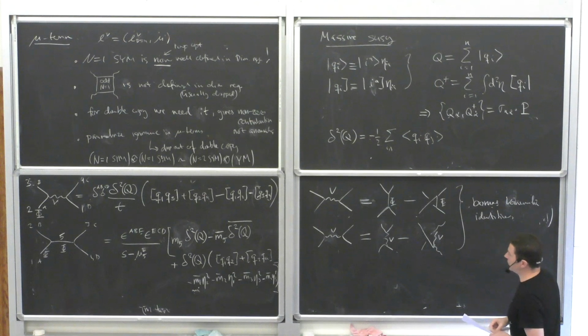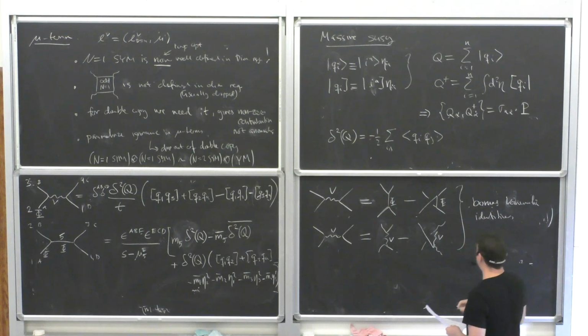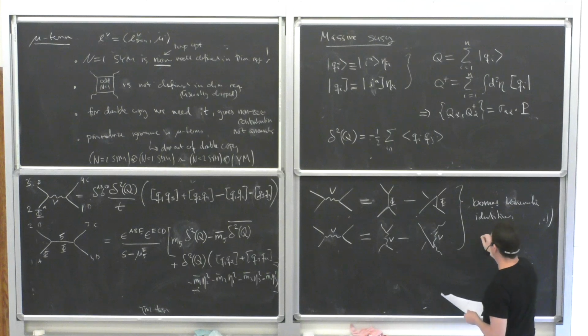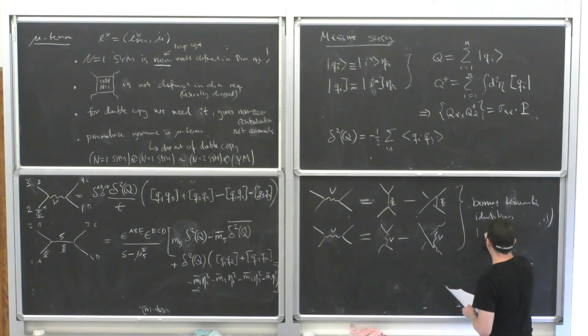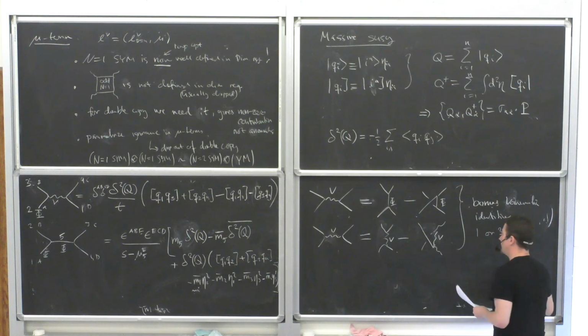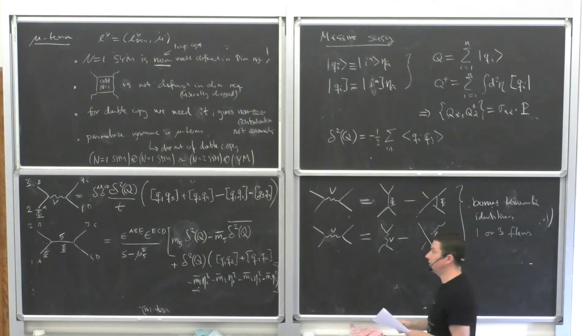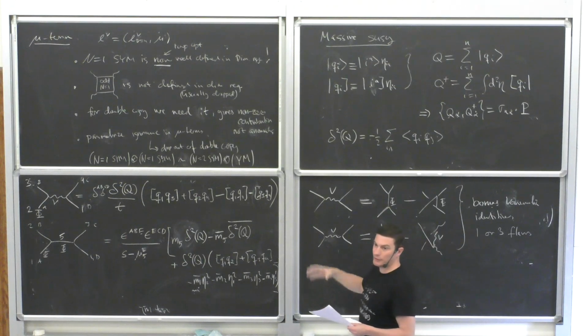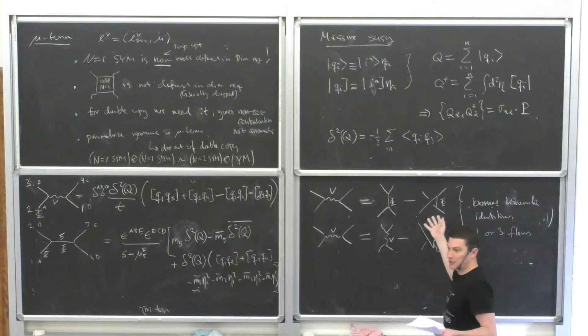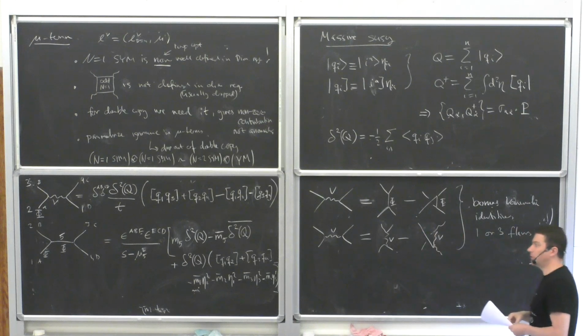And they're bonus because, first of all, they actually don't hold in general. They only hold when you have either 1 or 3 flavors. But if you have any other number, then they don't hold. Also, you don't really need them because each of these diagrams is actually gauge invariant. So if you want to do double copy, you can just do it. There's no ambiguity in what they are.